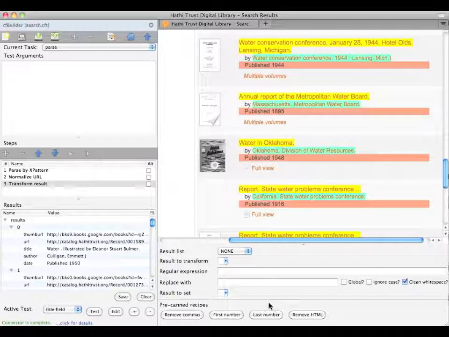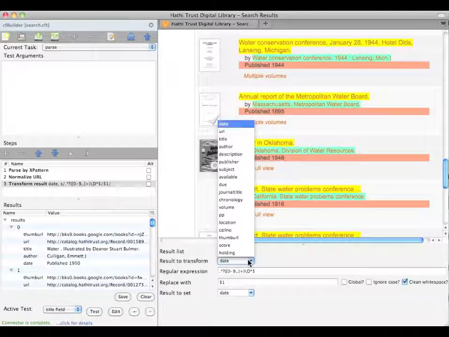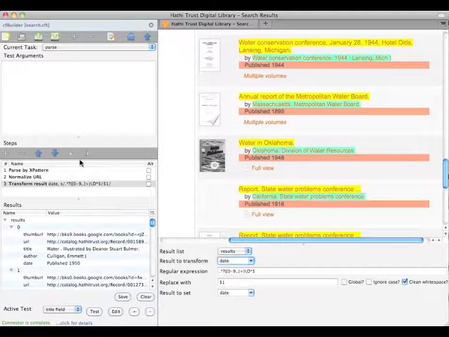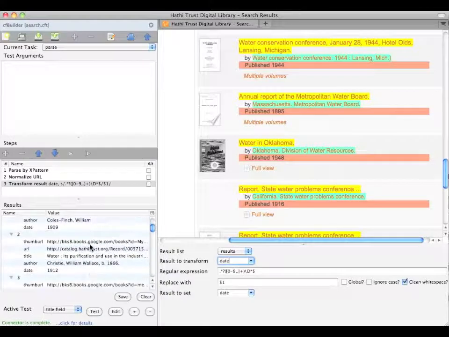However, we also have a series of handy patterns that we can use for various purposes. In this case, we can use the last number pattern, and we will match that against the date field of the results lists, and we'll see how that works. Here we go. We now have all of the data elements that we find on this page